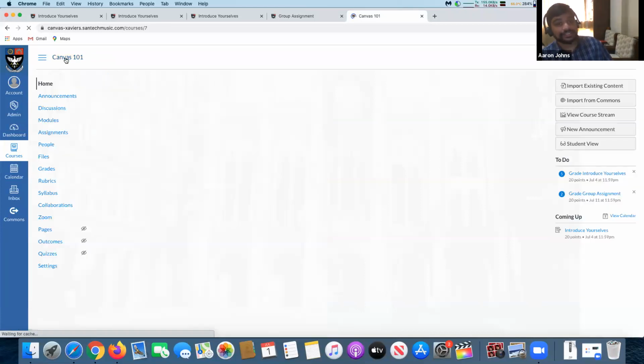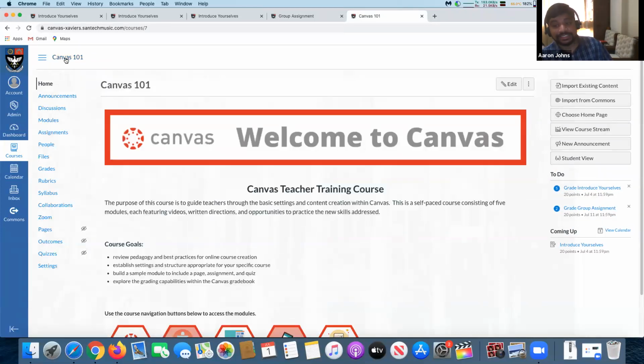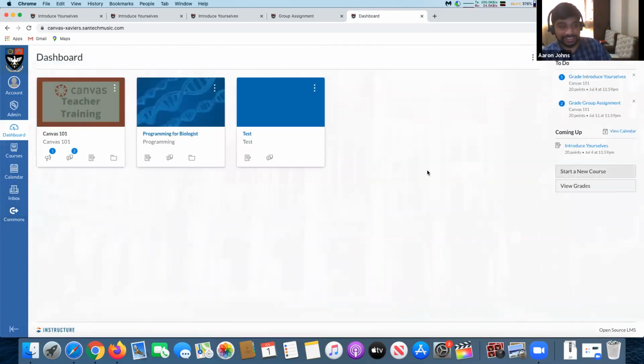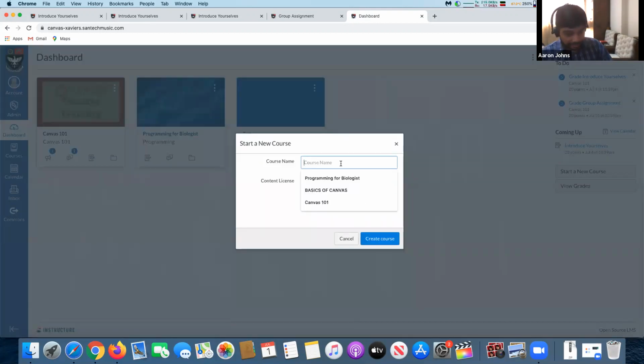I mean, Google Classroom is a good platform, but Canvas is a steeper, as Madhu sir says, a steeper learning curve. And one last feature before I close up this session is the Commons. Now, Commons, let me show you how it works. Commons is something like